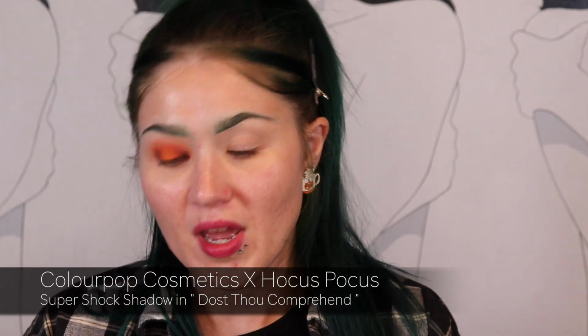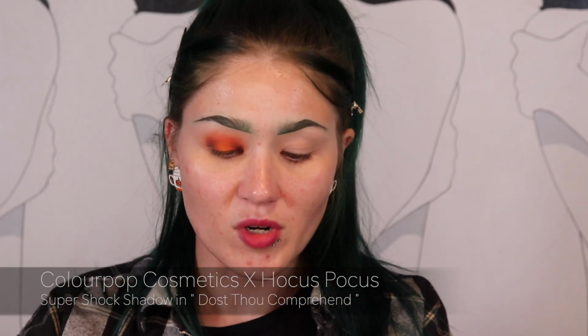I'm gonna go ahead and put what I believe would be a comparison for this product. But this is an orange Super Shock shadow from ColourPop in the shade Doused Thou Comprehend, and it's just a nice orangey shimmer shade. And I'm gonna swatch it on my hand and show you, but it's got a light orange feel to it, but I'm really just doing it for that sparkle that I want to put in the center of my eye on top of the lightest orange shade that I did lay down. But I'm gonna take it on my finger like so and kind of just pat it down the center of